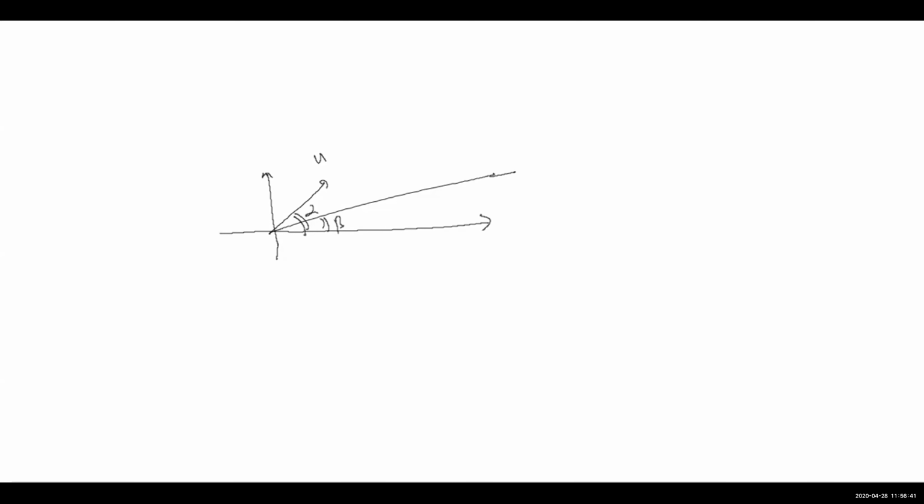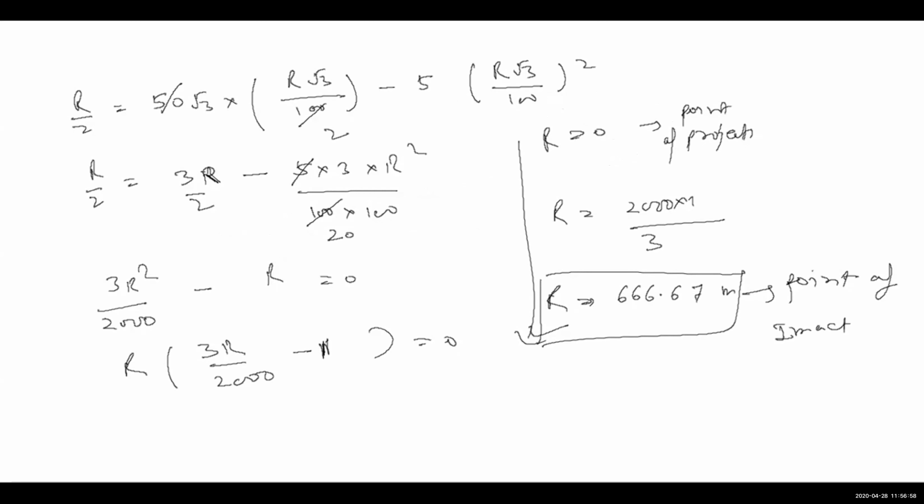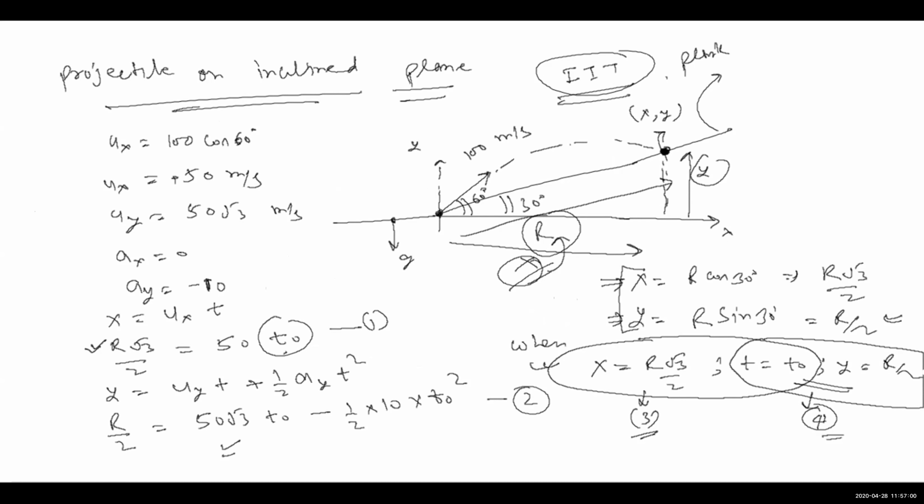So you have to calculate time of flight. Obviously, projectile will be hitting the Planck. Calculate time of flight, calculate range, and then calculate Hmax with respect to Planck. Make the formulas for these. This is homework for you. And this question we did, do one more time after the class. You again solve this question without looking at the solution, one more time, using this method as well as the next method.